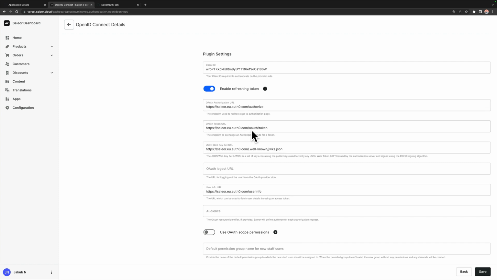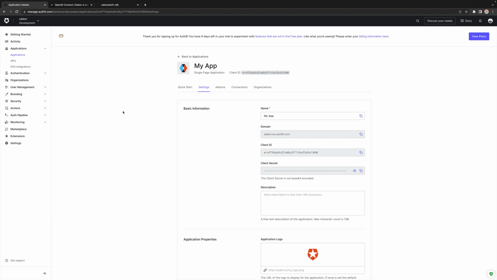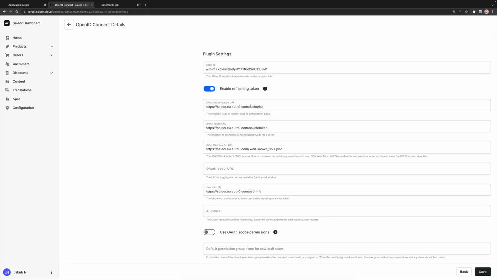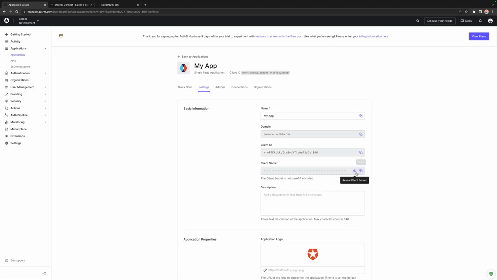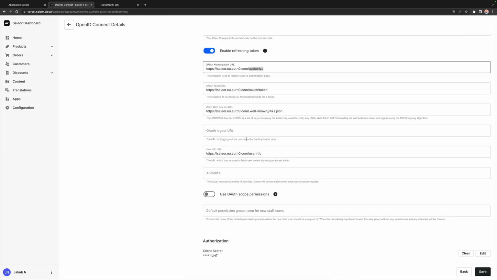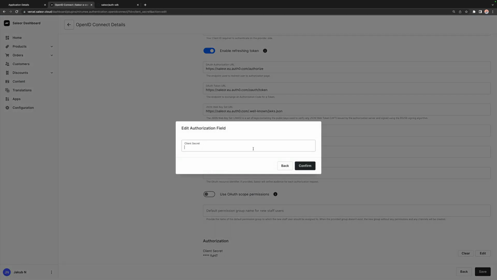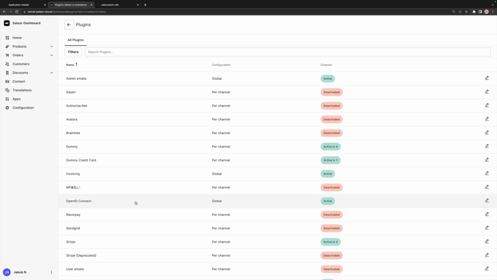So these values are specific to our identity solution. For different platforms, those path names can be slightly different, but usually it's something like authorize, auth token, and so forth. The last thing is to set up the client secret. So let's just copy that and let's set this up here. So now our OpenID Connect plugin is active and we can go to the next step, which is creating a